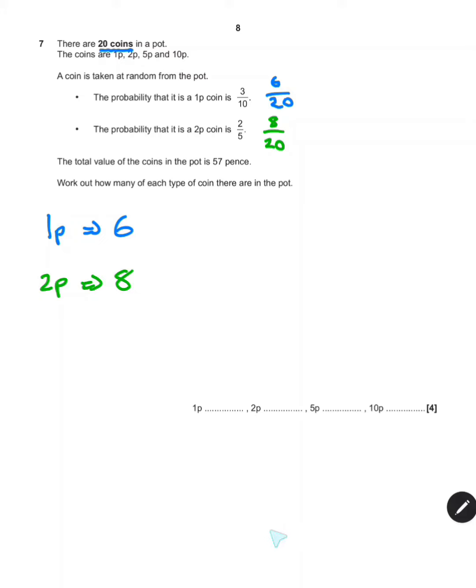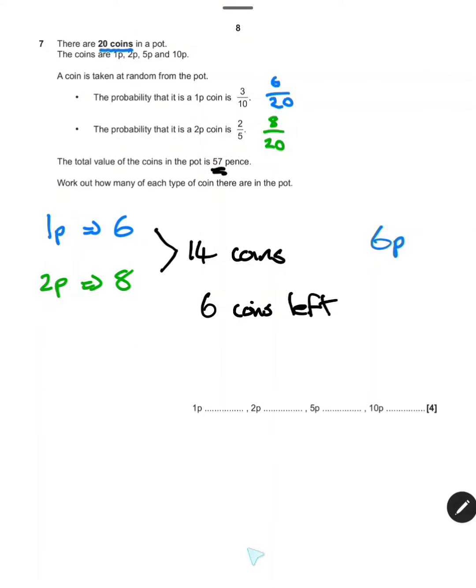6 added to the 8 is 14 coins, which means there are 6 coins left. And we're trying to make 57 pence. If we've got 6 1p's, we've got 6p. If we've got 8 2p's, we've got 16p. 16p plus 6p is 22p. So we need to make 57 minus 22, 35 pence